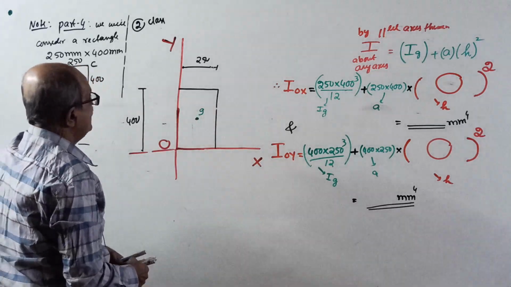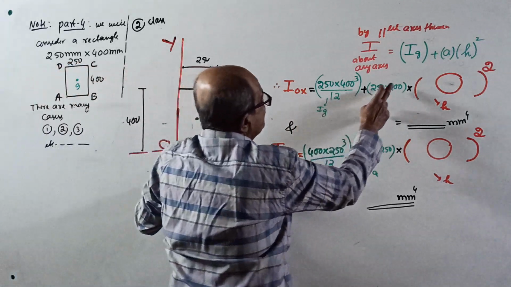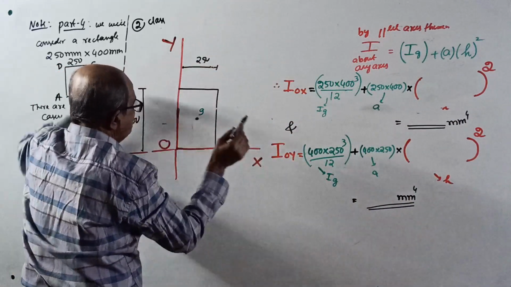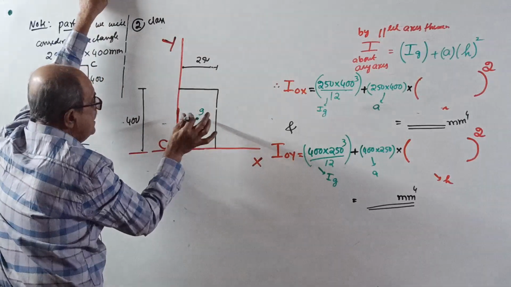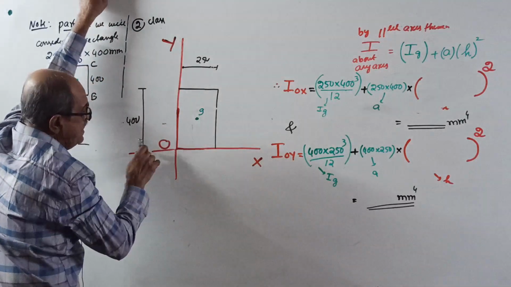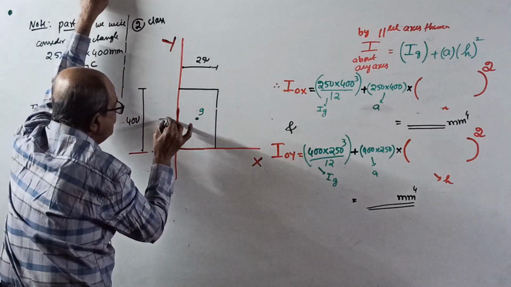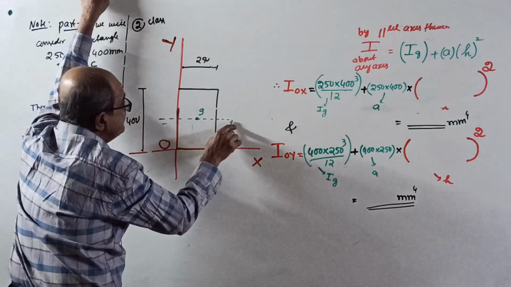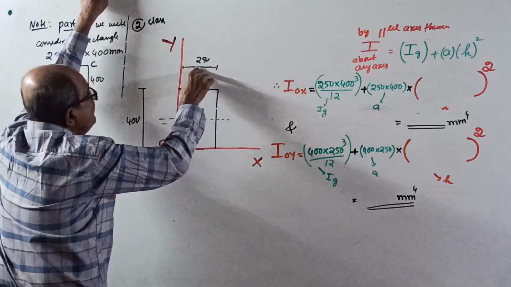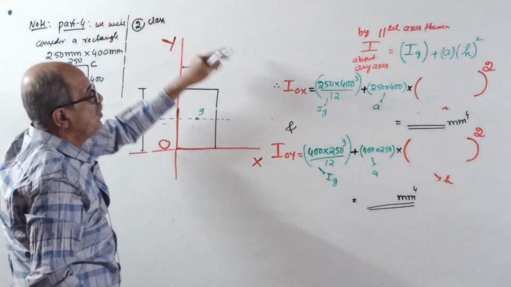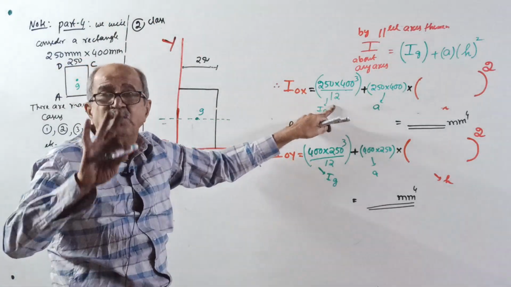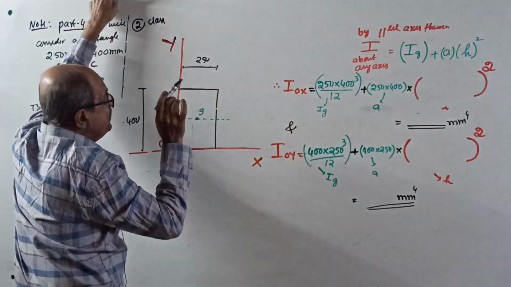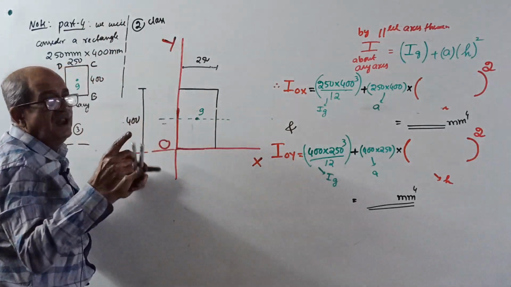Now, I about any axis. First, I about OX axis. Come to the centroid. The axis passing through the centroid parallel to OX is this axis. I about this axis first: parallel side 250, 250 into 400 cube by 12. This will remain the same throughout today. Plus area, 250 into 400, into